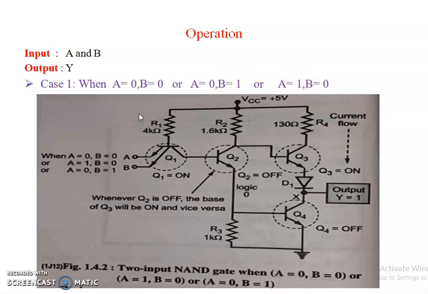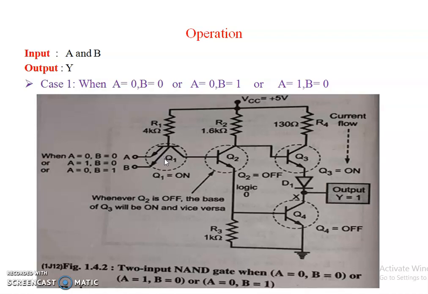Either A or B, both are in low state. A and B both are low. In this case, A equal to 0, B equal to 0; A equal to 1, B equal to 0; and A equal to 0, B equal to 1. And the base emitter junction of Q1 is forward biased and the collector base junction is in reverse bias, because the